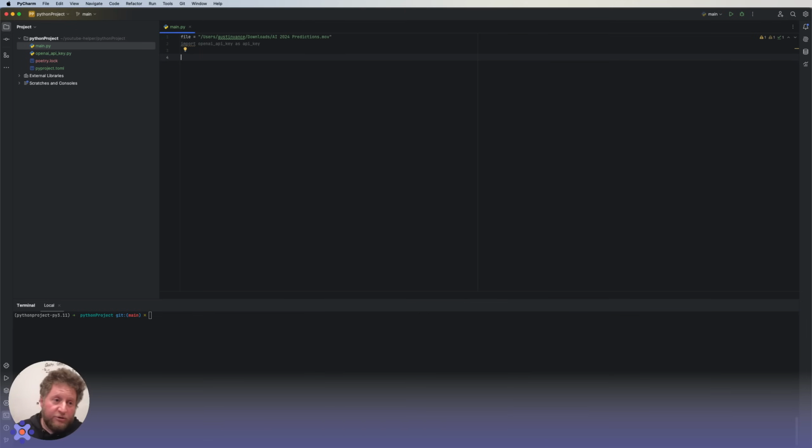So I have a generic project. There's nothing here besides the OpenAI API key in another file, and an empty poetry project. I know we're gonna use LangChain, so let's just install it. We'll poetry add langchain, and that'll install LangChain for us, just so we can start to use some of the autocompletion that PyCharm gives us.